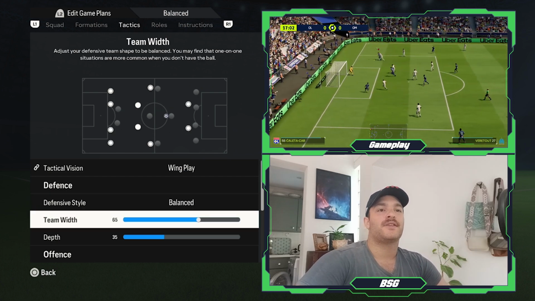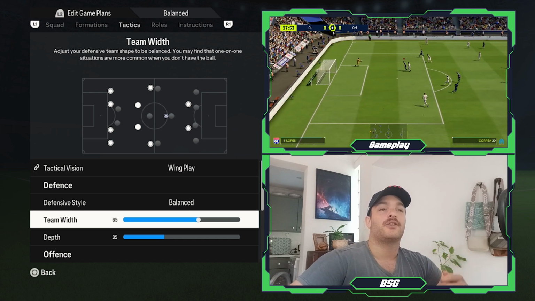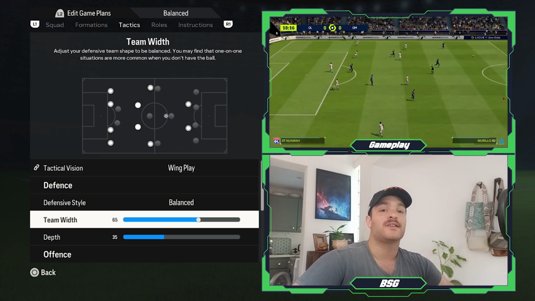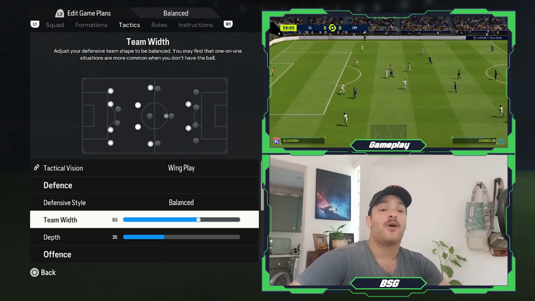As for the team width, I've gone with it set to 65. Now, this is obviously on the higher side of a balanced approach, but it does create those 1v1 type situations, making sure that Gattuso's men are squaring up to the opposition and making sure that if they are beaten in a 1v1 type situation,